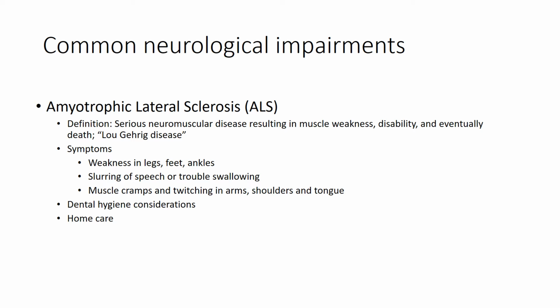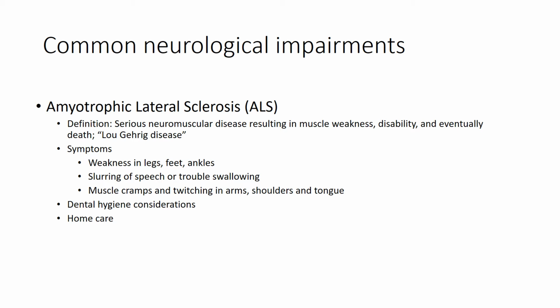Okay, then one of the common neurological impairments is amyotrophic lateral sclerosis, also known as ALS, or Lou Gehrig disease. If you don't know who Lou Gehrig was, he was a famous pitcher a while ago, and he had this disease, and he played for the New York Yankees, I believe. It's a serious neuromuscular disease resulting in muscle weakness, disability, and eventually death. Symptoms are weakness in the legs, feet, and ankles, slurring of speech or trouble swallowing, muscle cramps and twitching in